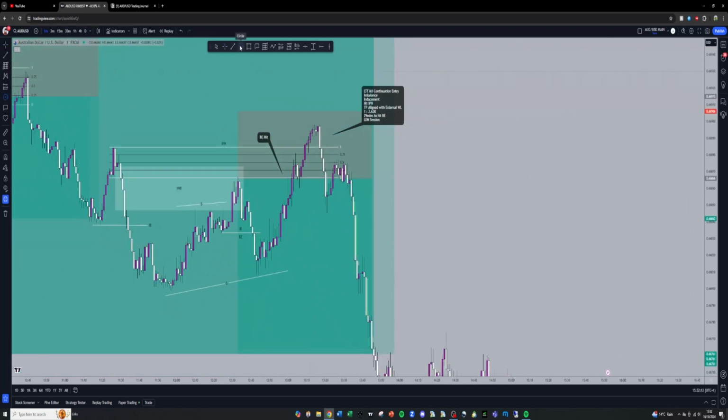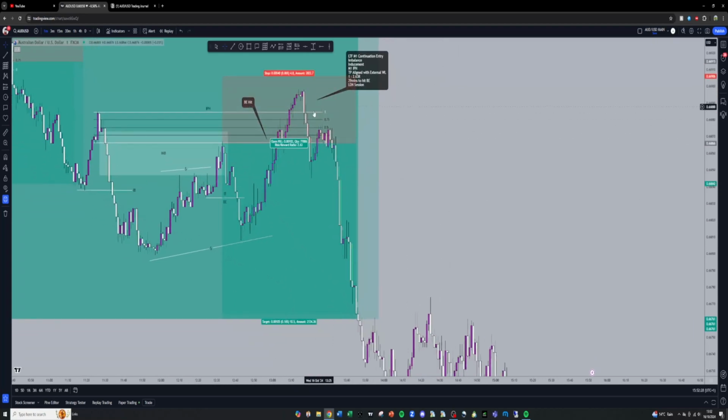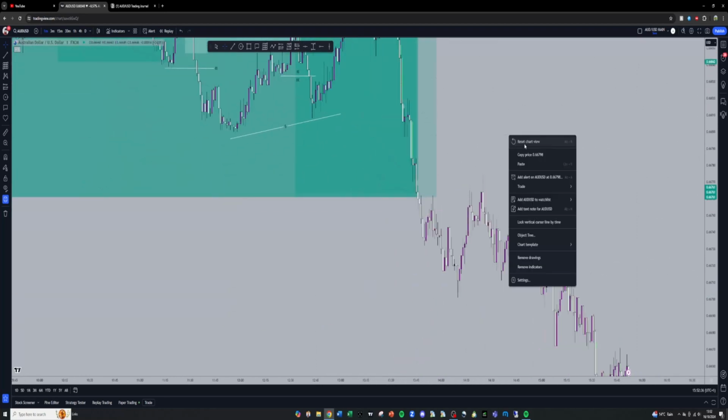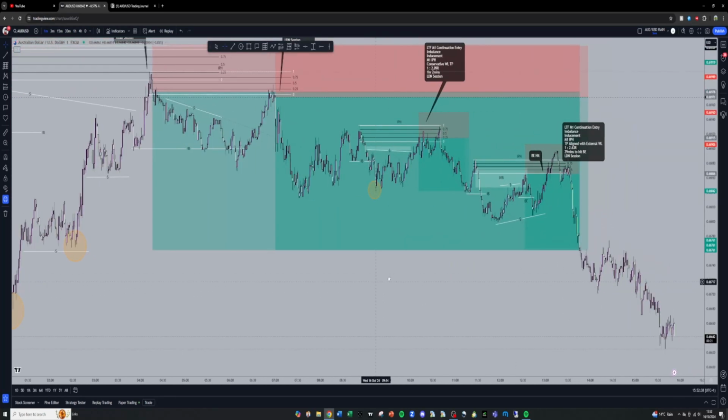So price came up, we respected the level, and we were still 0.8 pips away from stop loss. Only a 4 pip stop loss on this one, covered the zone and the internal protected high, and we had a nice bit of breathing room. And then price had a nice bearish leg, slight consolidation, and another bearish leg to sweep the higher time frame